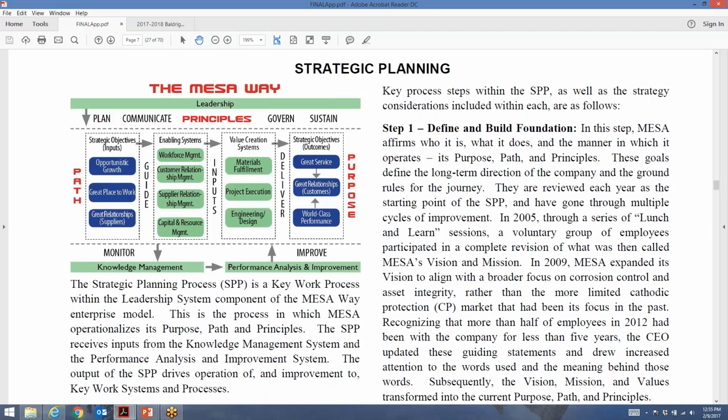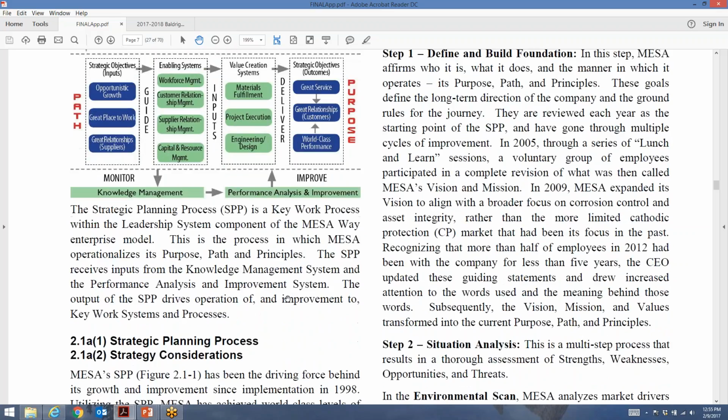you're going to show that alignment and integration. Otherwise, it's kind of hard to write in alignment and integration. If you don't have the picture, you almost have to say, okay, I'm telling you about the workforce performance management system. It gets input from the strategic planning system, and then we use that to drive improvements here in this next. So it's a customer of the upstream process, and it's a supplier to the downstream process. You kind of need to think about it like that. Okay, and so that's the integration and alignment piece that you want to describe in there.